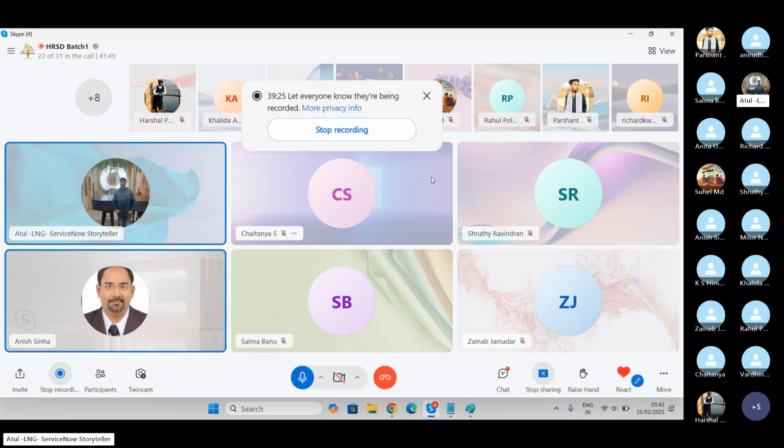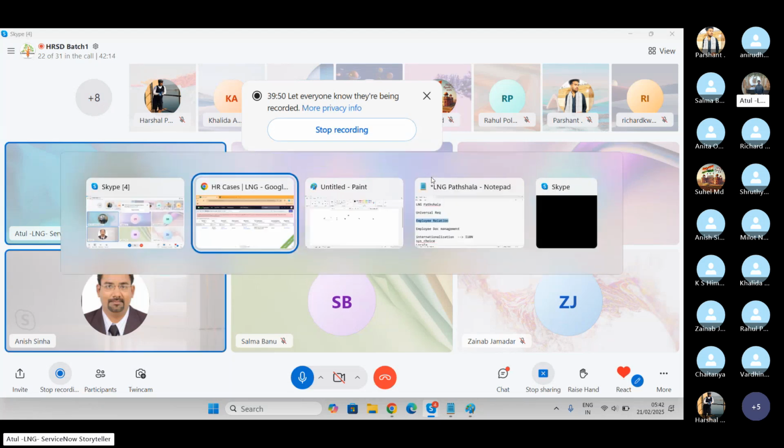The concept of case creation or case form creation is the same. Service, everything you have to do. You have to get the record producer, the catalog item, templates, everything will be the same. But it has a different life cycle altogether. Go ahead, Anish. No, I said, sir, got it. Now also if you see, let's come back here,